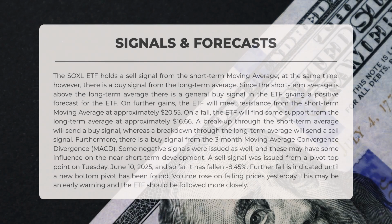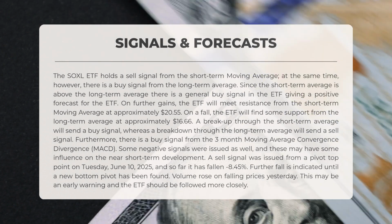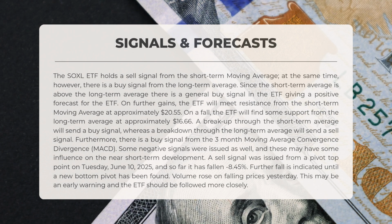The following signals have been identified for SOXL. The SOXL ETF currently holds a sell signal from the short-term moving average. However, there is also a buy signal from the long-term average. Given that the short-term average is positioned above the long-term average, there is an overall buy signal for the ETF,